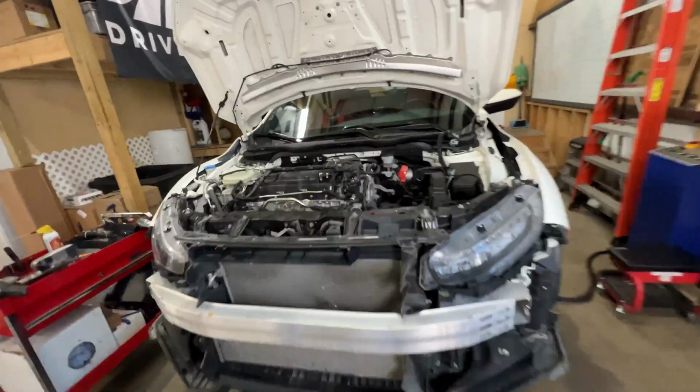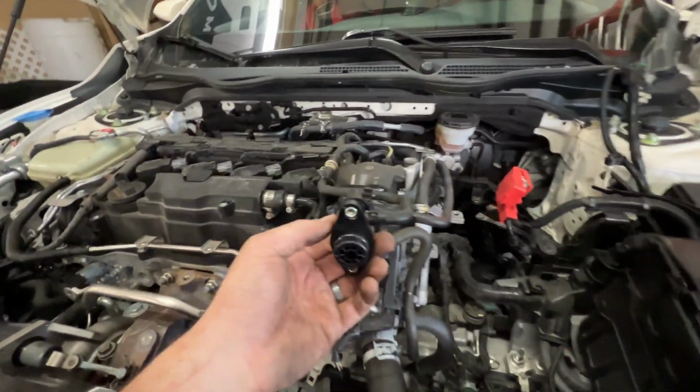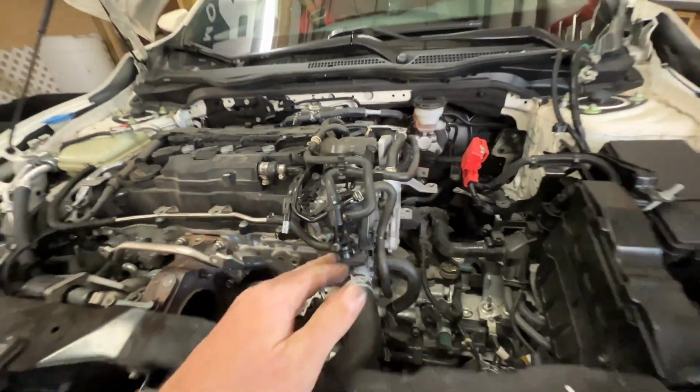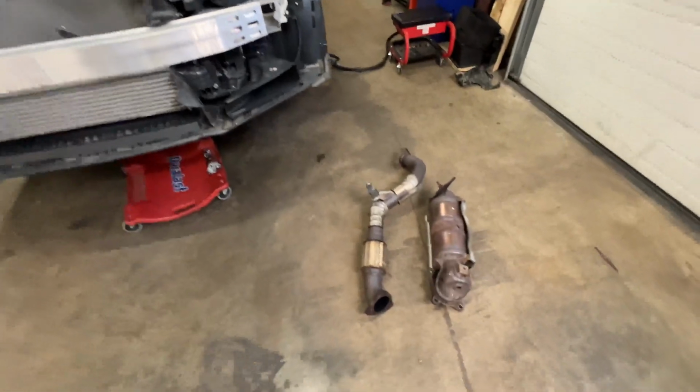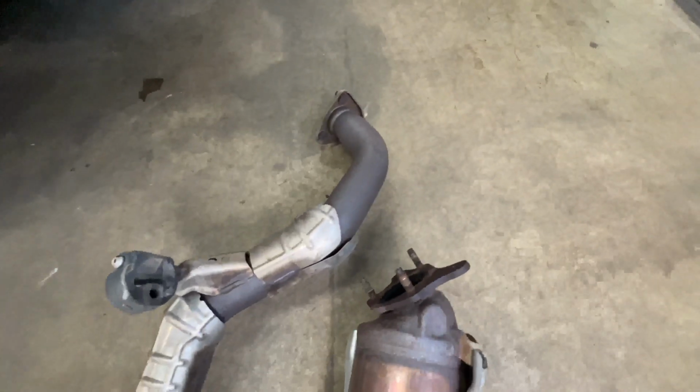Okay, we are fully torn down. See that our downpipe is out and our front pipe is also out. We might have a few little things. I think there's a different fitting for the new charge pipe here, but a couple little odds and ends, but all the big parts are out. There's our factory downpipe and front pipe there. We're gonna throw on the new and improved PRL parts,